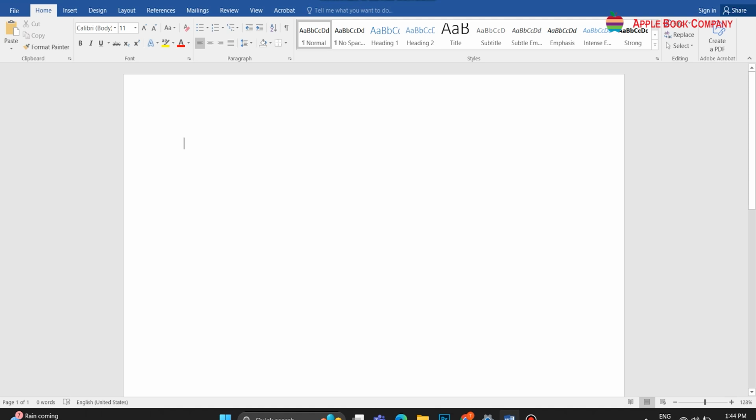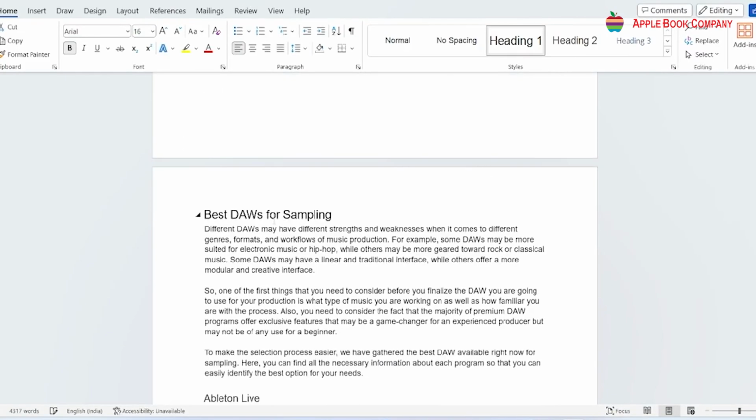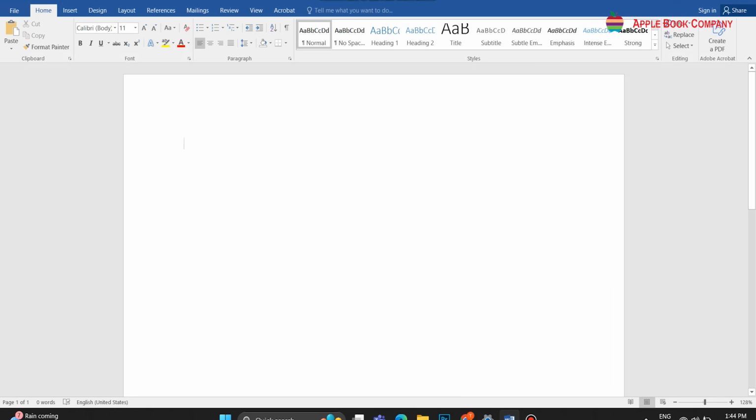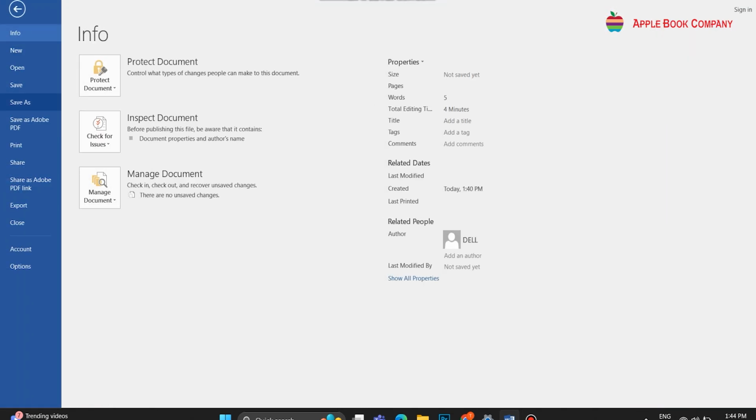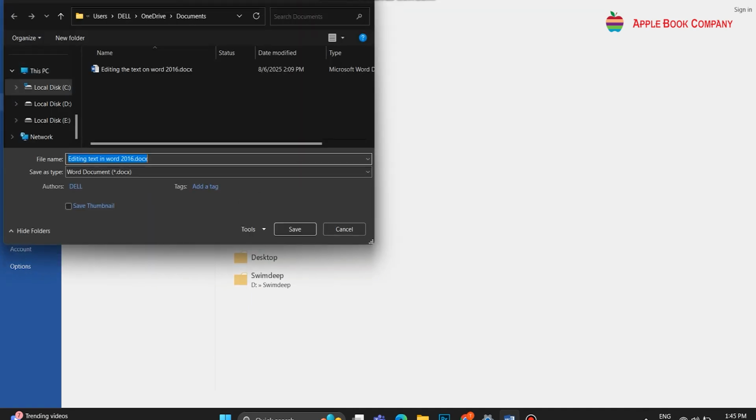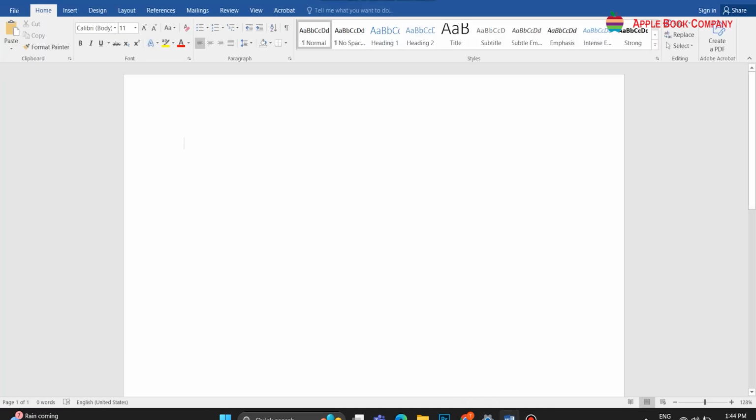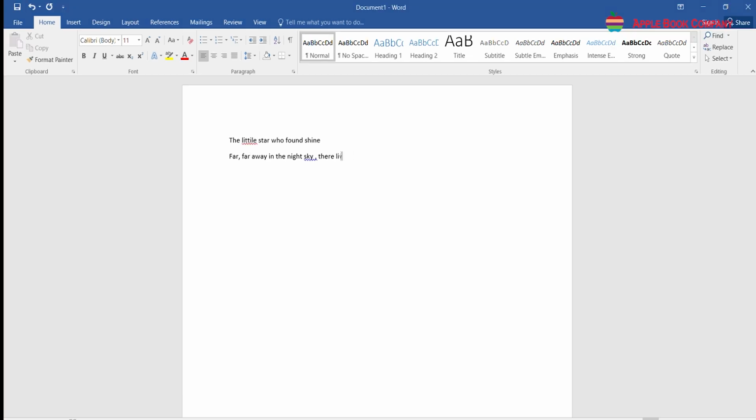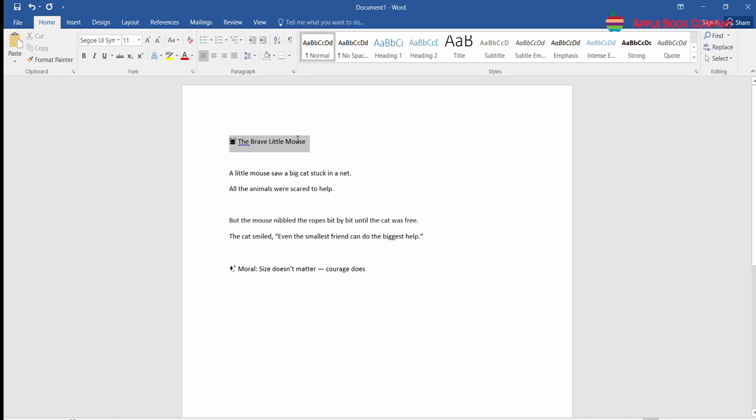Microsoft Word is widely used because it allows users to create and edit documents with ease. In the previous class, you learned how to create, save, and work with documents in Microsoft Word 2016. In this chapter, you will study how to edit a Word document. Editing means making changes to the text in the document. These changes can include inserting new text, deleting unwanted text, and copying or moving text from one part of the document to another. Word 2016 provides several tools to help you edit your text efficiently. Let's study how to do this.